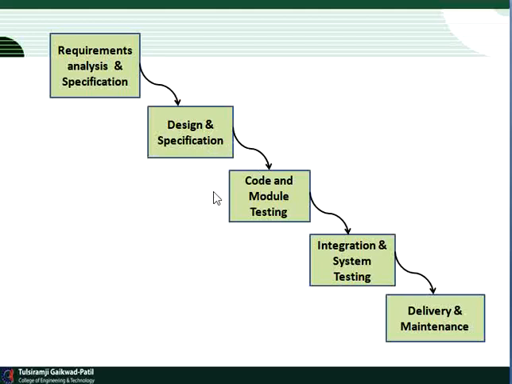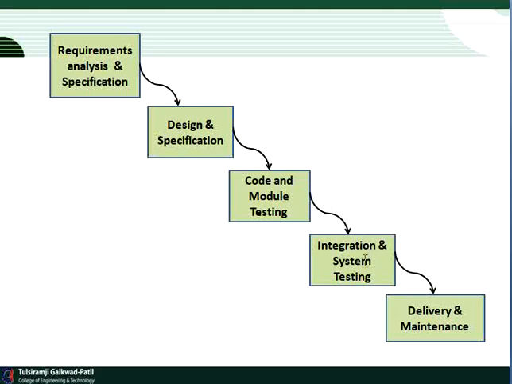After that the third phase is code and module testing. In the sense that, if in the design and specification phase the implementation system is done, it means we implement the software in a module pattern. So this is the phase where we implement the software code. We have to write code and test that code, or test that module, for the software application implementation purpose.